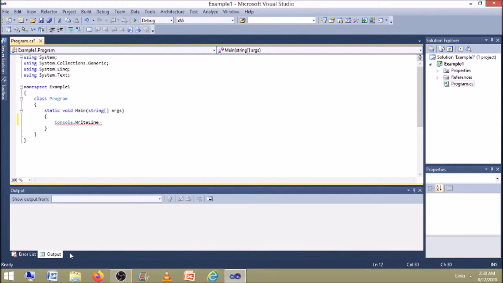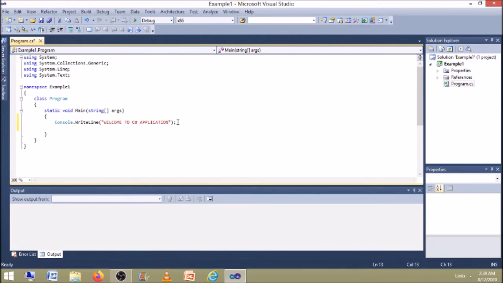Okay. Next I put an open bracket. Within double quotes, I just type the text that I want to display on the output screen. Okay. I typed welcome to C# application. So this is the statement to display something on the output screen. The statement is Console.WriteLine. Within brackets, within double quotes, I gave a string, that is welcome to C# application. The statement should end with a semicolon.